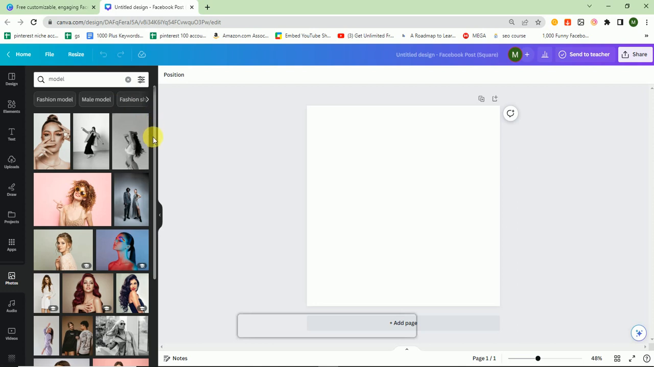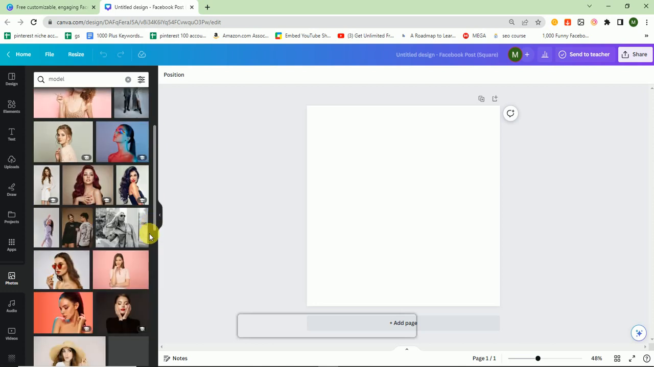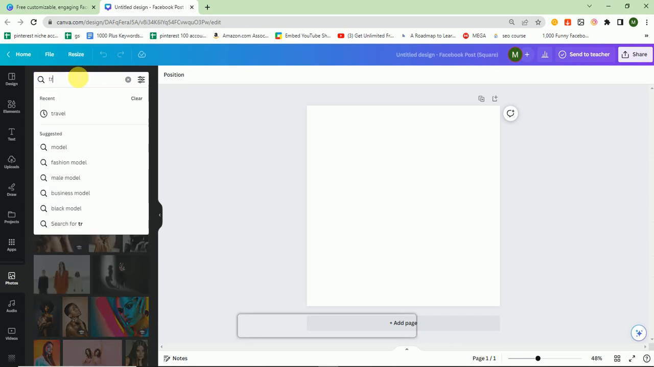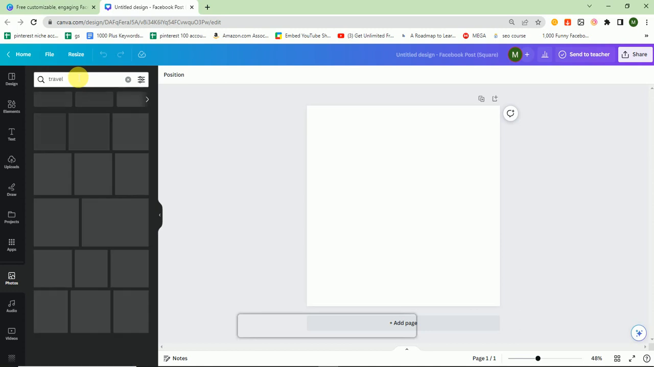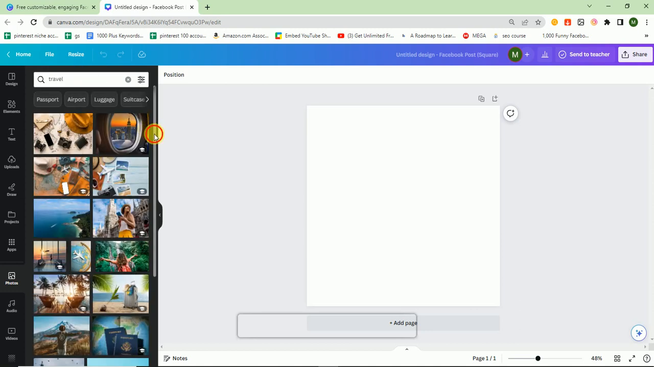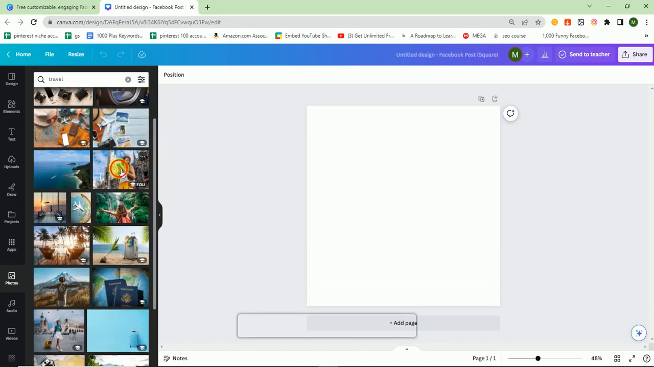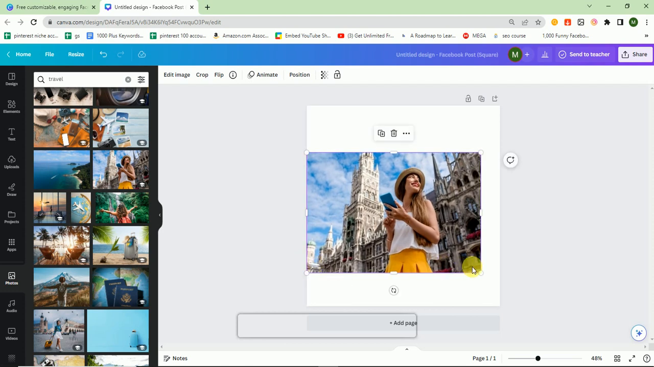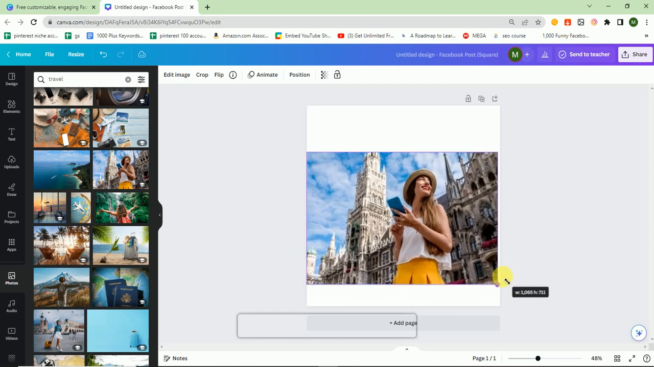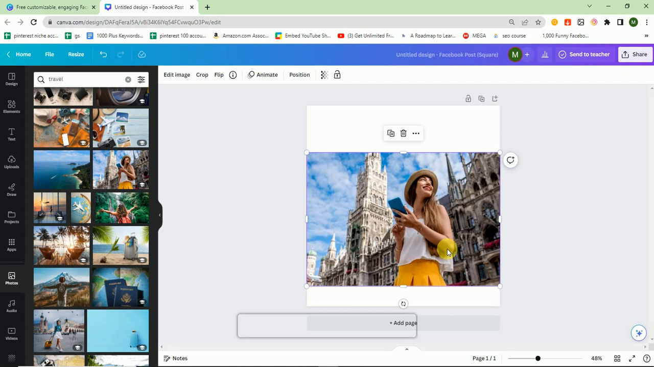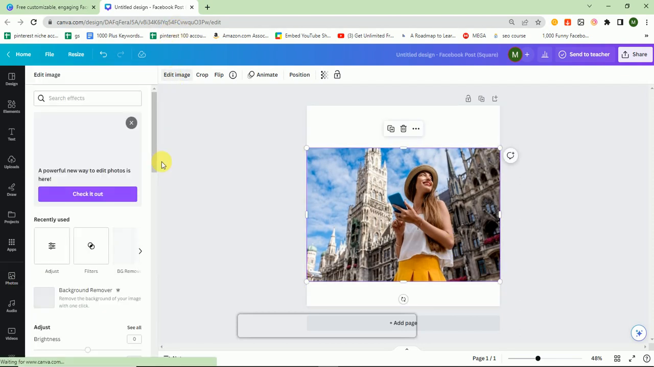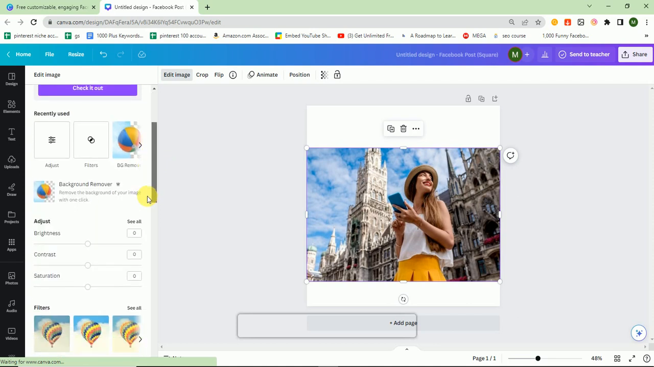And let's see, I search travel. Yeah, this image is good. So I stretch the image and that's it. After that I click on this and click on edit image and go to the adjust section,